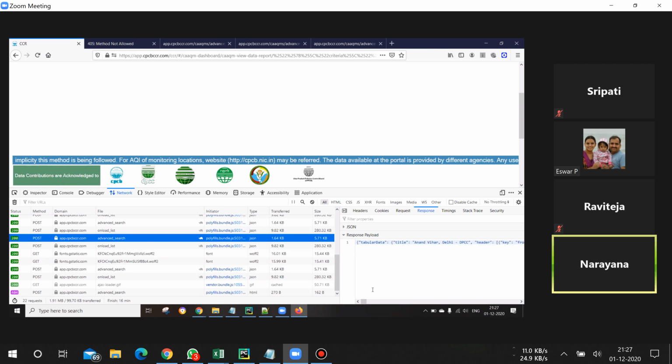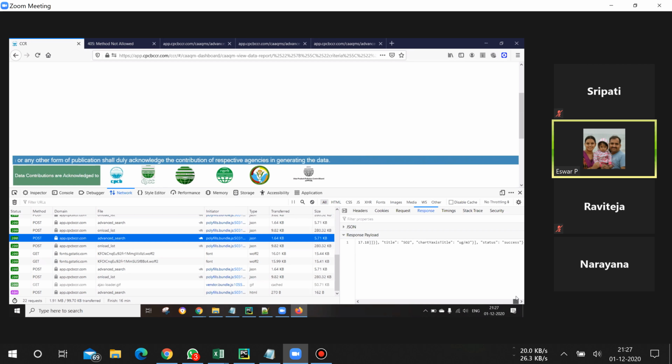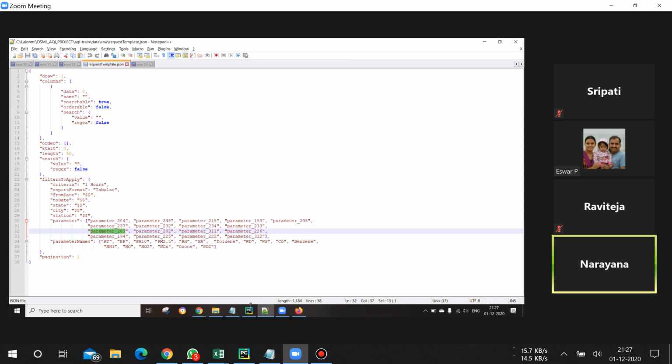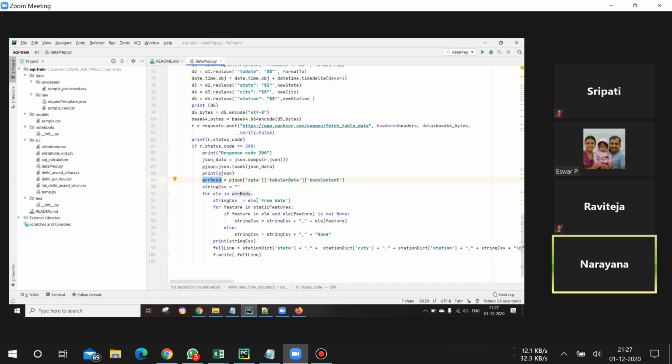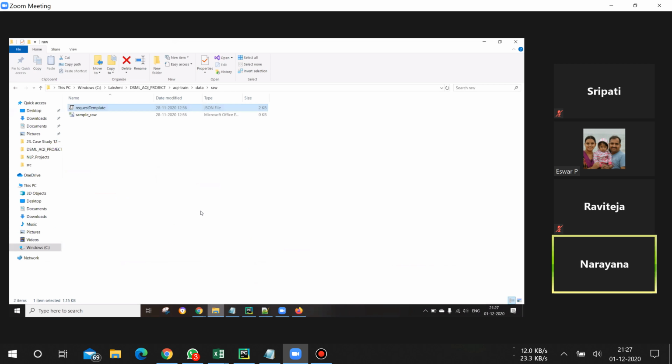So this is the one. If you have tabular data, if you see here, the data is coming as the comma based one at the end, inside a nested dictionary. Under the data, all our required data, like temperature, everything will be coming. So from that, they are adding this. If you go to the Excel one,